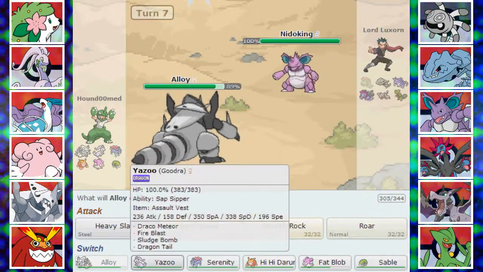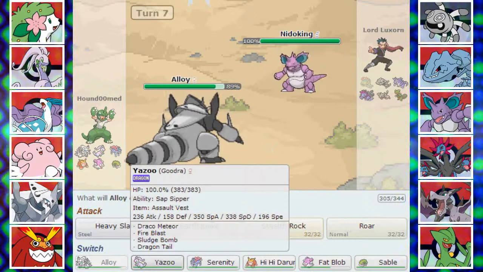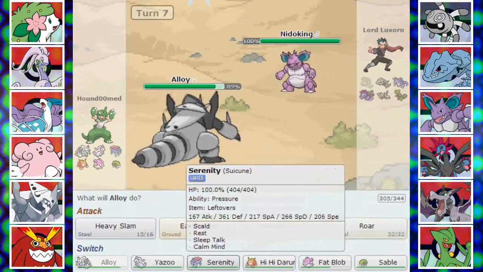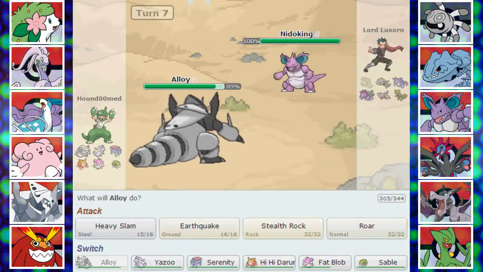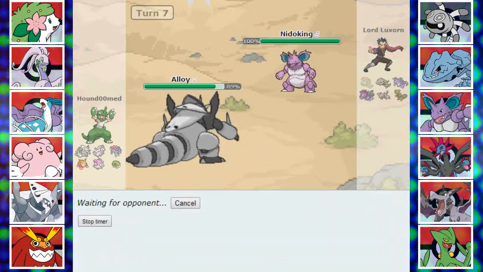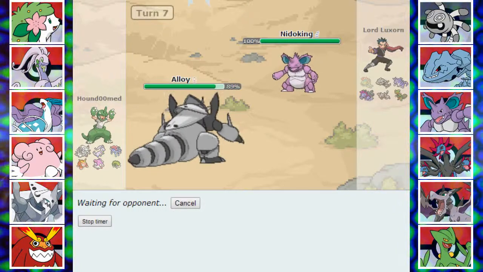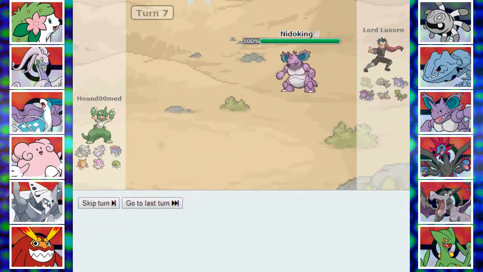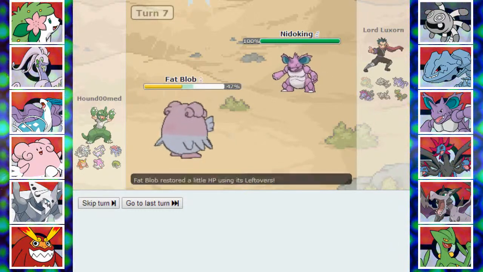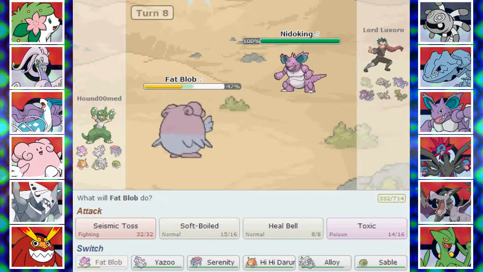Tempted to go into Goodra here, but I don't see really what she's going to do. But then again, Blissey's not going to do much either, and an obvious Earth Power is coming, so I need to decide. I think we're going to go into Blissey as the safest switch. Nidoking could be physical, but I still think that they tend to go special in this gen, which is kind of strange because its attack power has gotten so much better, and pretty much all of the